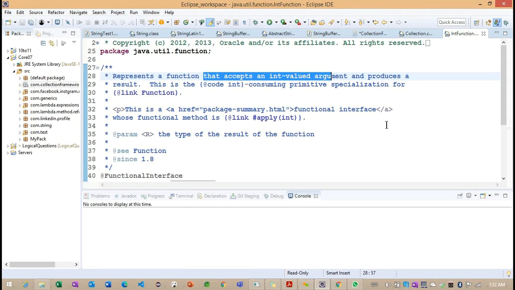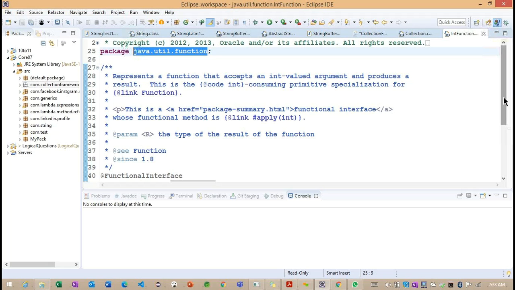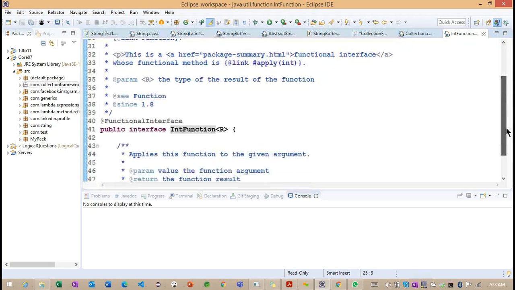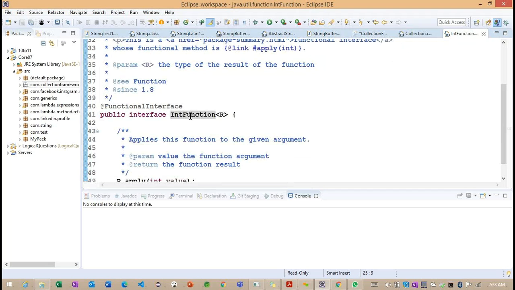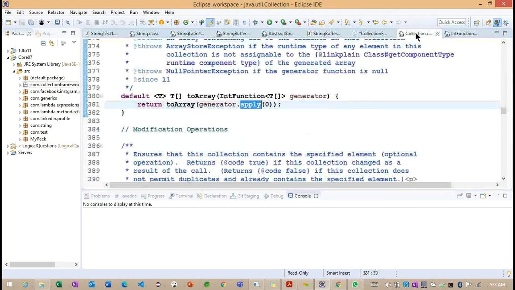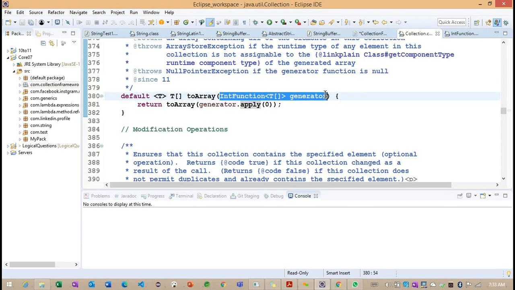These concepts were all introduced in 1.8 onwards. These are the 1.8 methods. Now you can read that the package is different here, so I did not provide much information on the function. This is not the most usable, because we are not going to work only on integer related information. We'll work on different concepts here.